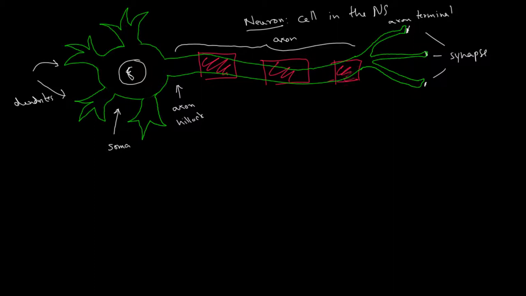Now, myelin is a substance made out of lipids and proteins that wraps around the axon in distinct places and actually leaves a space in between. We'll get back to that space in just a second. Myelin, like I said, is made of lipids and proteins, and it serves to act as an insulator. And it is produced by oligodendrocytes in the central nervous system and Schwann cells in the peripheral nervous system. So these are separate cells that will produce myelin that wraps around the axon and helps act as an insulator